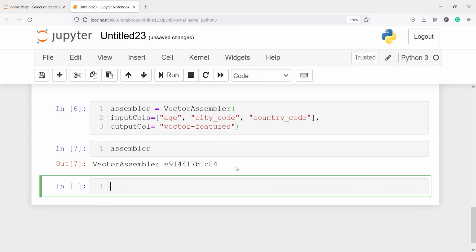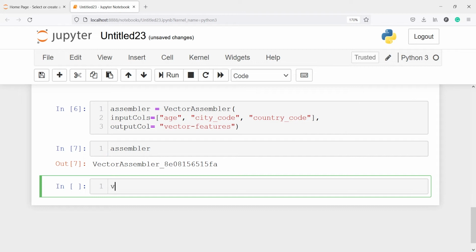These three independent variables will be passed as input columns here and will get converted into a dense vector as an output column, and that column name will be vector features. In this column we will have all these three values, not just one value but all three. Next we are going to transform our data frame, because in this assembler we are just having the column names, we don't have the actual data here. That is why we need transformation.